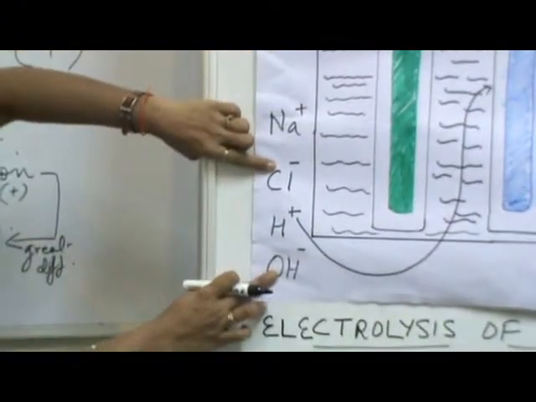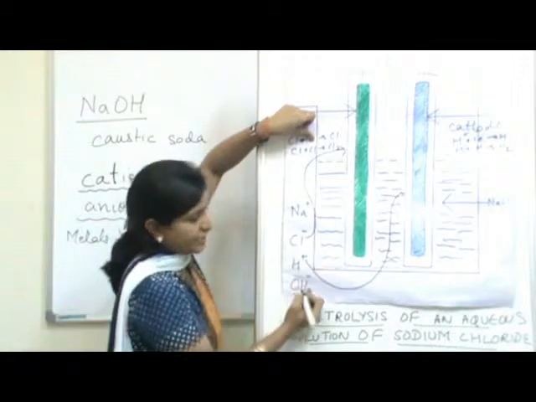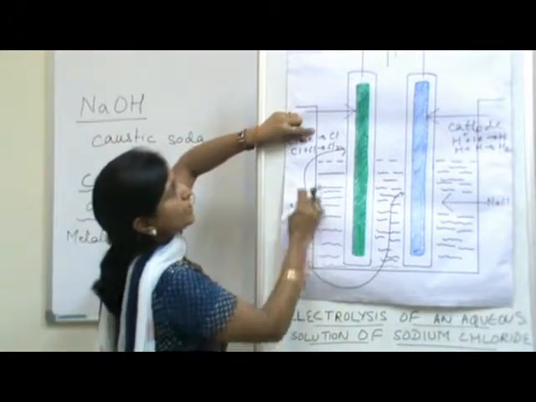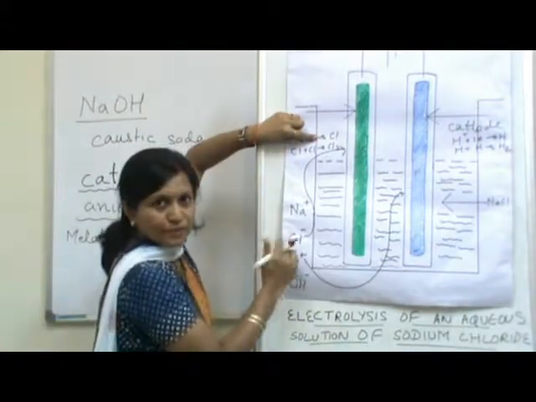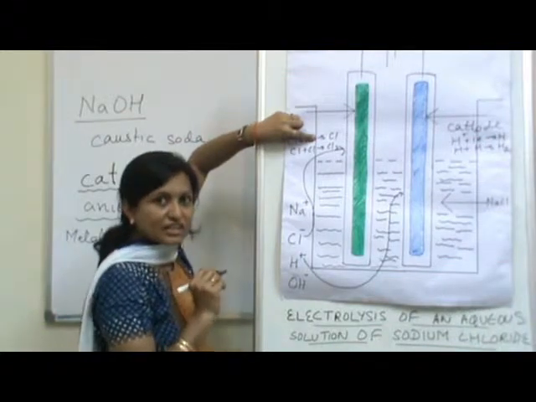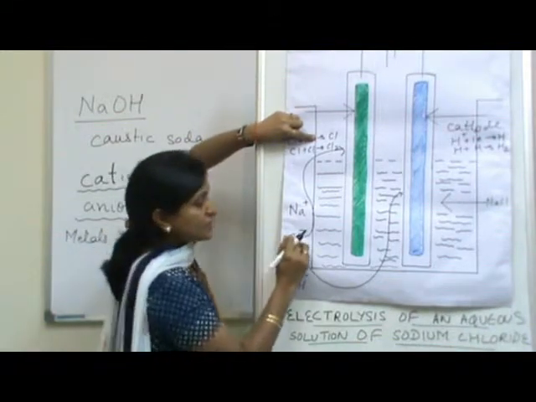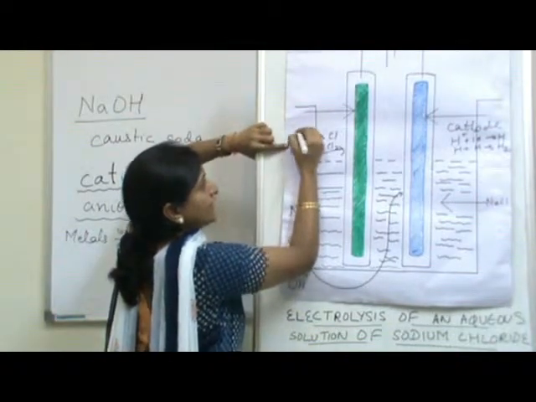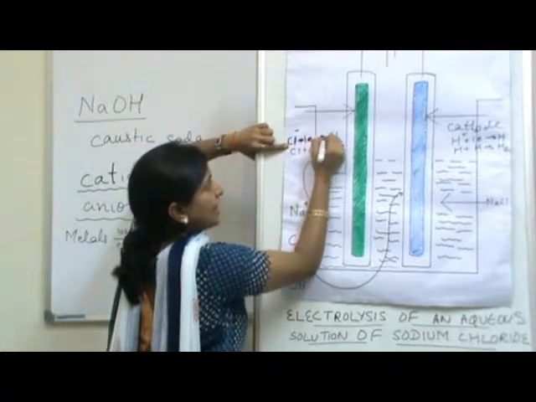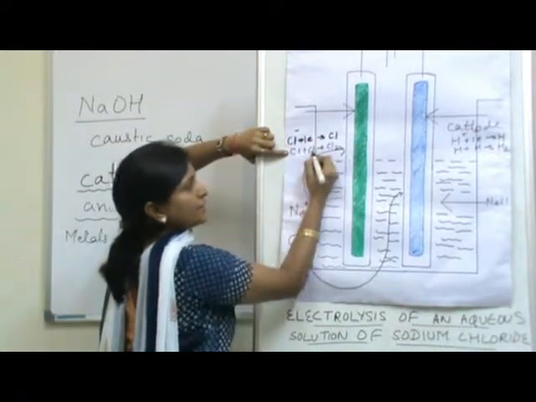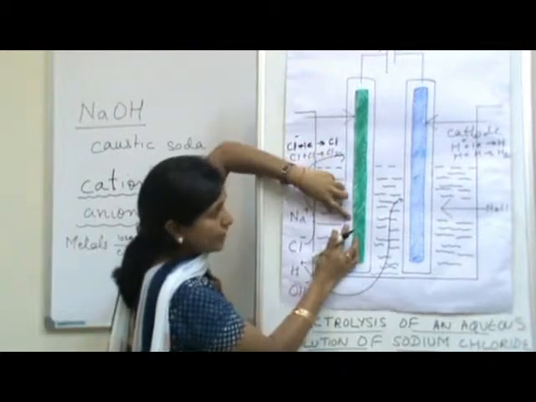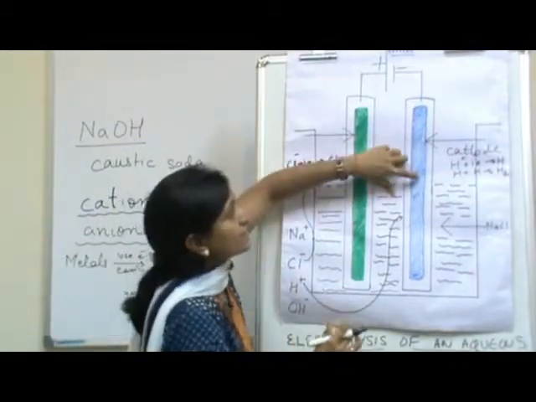Okay. Now these are the two negative ions. Now out of the two negative ions, that is Cl minus and OH minus, these negative ions should actually move to the positive electrode which is called anode. So now as per the selective discharge or the preferential discharge, it is Cl minus which goes to anode. So I write here Cl minus, it will lose this one electron and it forms Cl. So Cl plus Cl gives Cl2. Now the gas that I get at anode is chlorine and the gas that I get at cathode is hydrogen.